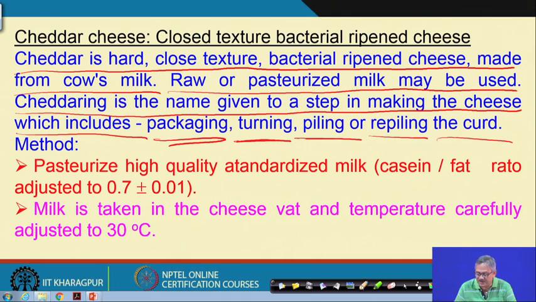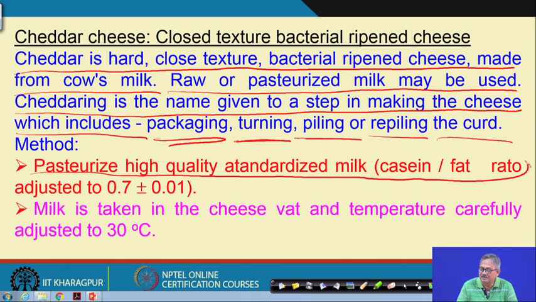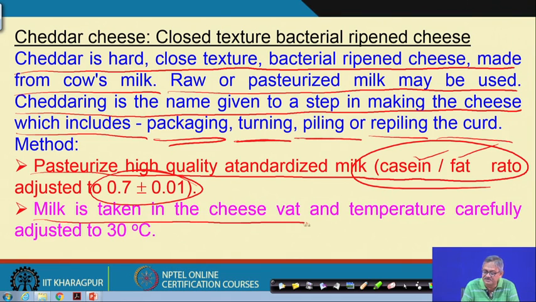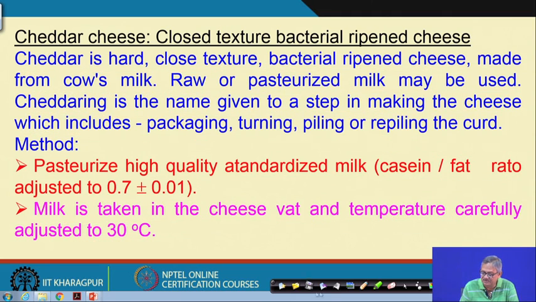So, if we look at that, the method is pasteurized high quality standard milk, where the casein fat ratio is adjusted to 0.7 plus minus 0.01, right. It is not percent, it is a ratio, casein to fat ratio is 0.7 plus minus 0.01. Milk is taken in the cheese vat and temperature is carefully adjusted to 30 degrees centigrade. Then